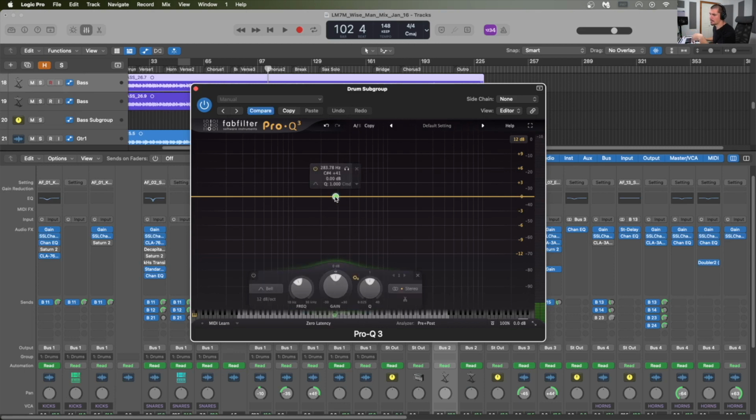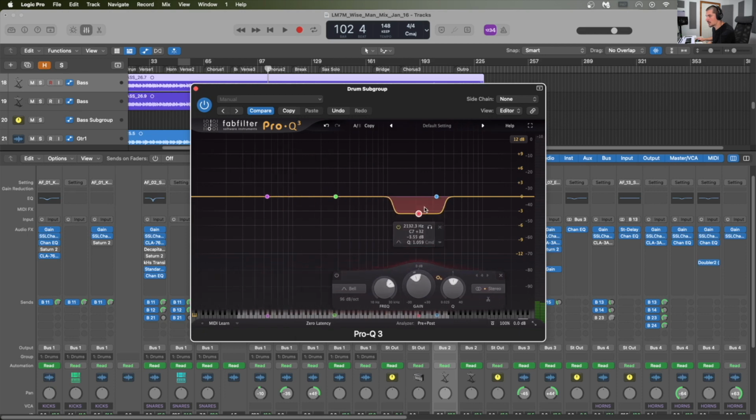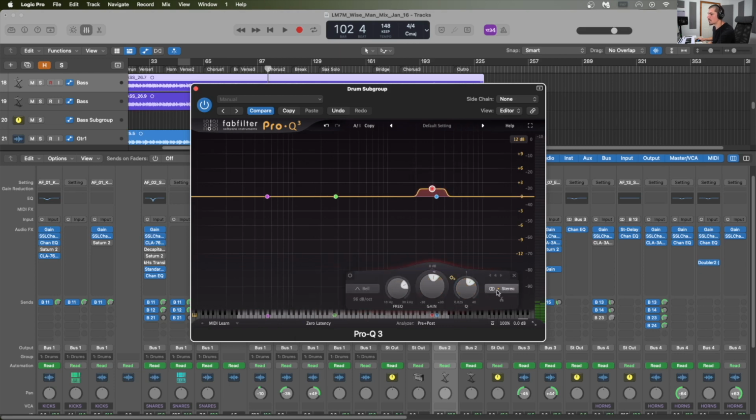And so we have a bunch of different bands, and every one is fully parametric. We can just double click to add new bands at will. And we have a whole bunch of different types to choose from right here. We have bell, low shelf, low cut, high shelf, high cut, notch, bandpass, tilt shelf, flat tilt. We've got a whole bunch of different slopes to choose from, and we can move each of these around at will like this. We've got frequency down here, gain, Q values,